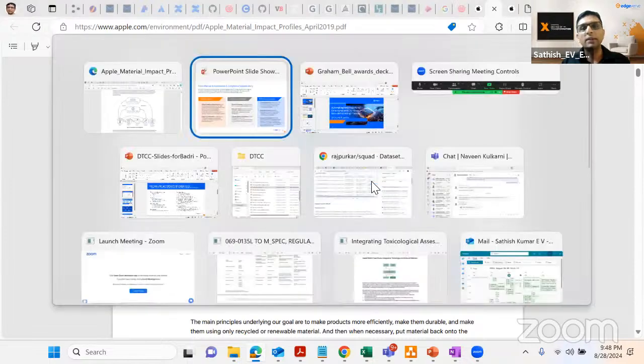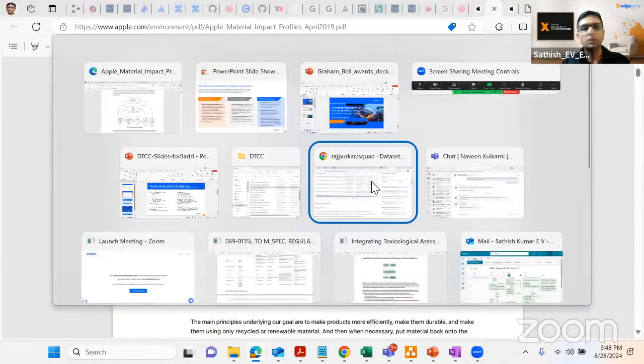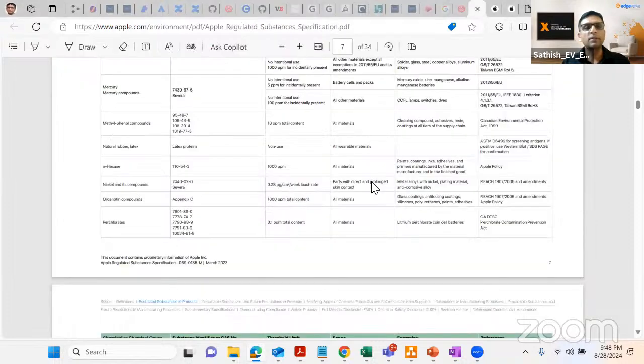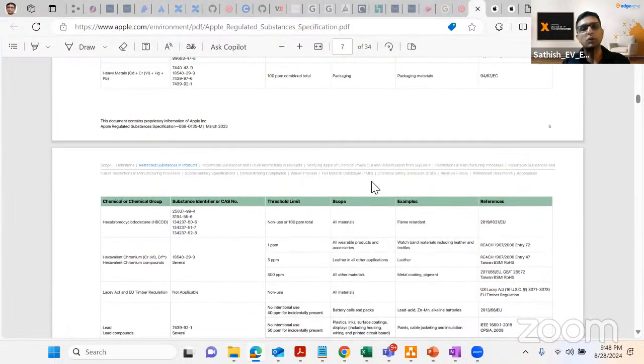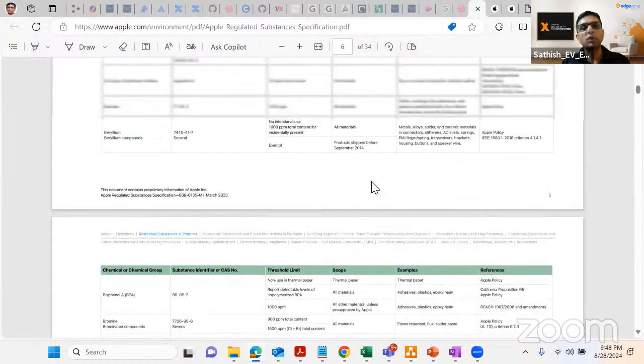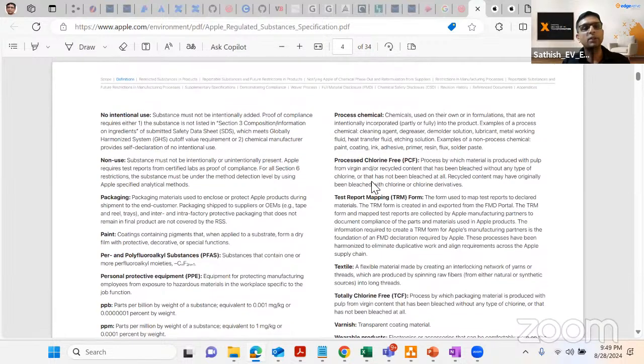When you look at the actual document, this is the kind of level of detail that they would run through for their material disclosure laws. Usually, while regulation would ask them to do a certain amount, they would want to go through far more in detail and set their own standards. Which means it is not one product that fits all. Every company will have their own regulations and aspects of it.